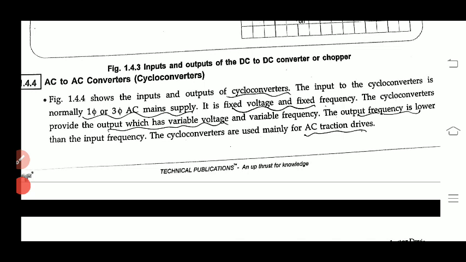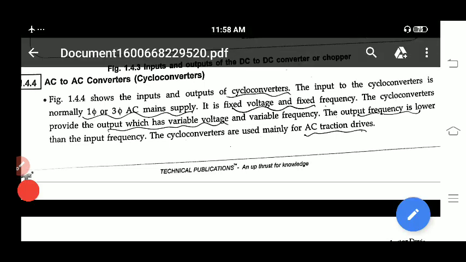Next you can have another type. What is that another type? You have AC to AC converter. AC to AC converter is also called what? Cycloconverter. AC to AC converter means if you consider a fan regulator, input is what? Maximum 230 volt from the KPTCL you are getting. But if you want to vary the speed of fan, you have to vary the regulator knob. As you vary the regulator knob, you can vary the speed of fan. You can call this one an AC to AC converter.